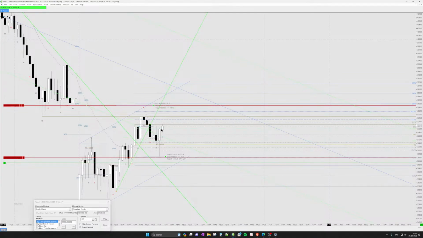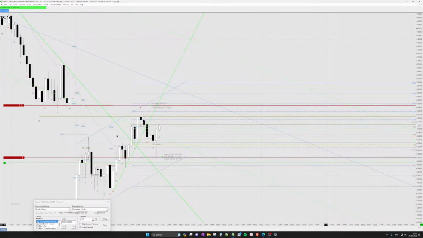We don't have a defined trend. It's ranging. So in this kind of environment, that is why I prefer to get out at the best. For now, it was just a break of that tight channel, and now it can develop into a wider channel. For example, on the higher time frame it could be a spike and channel.